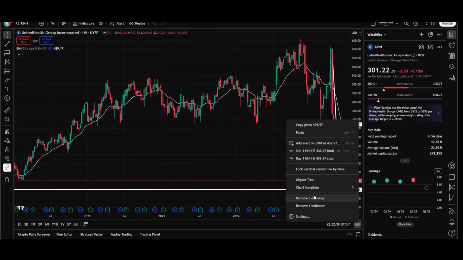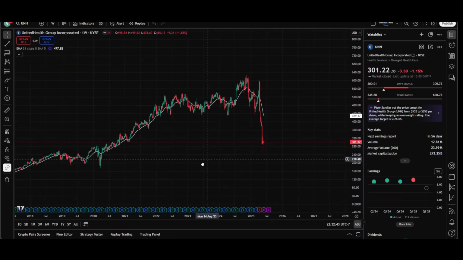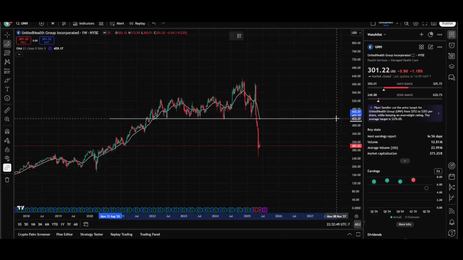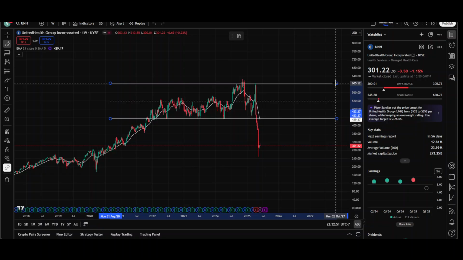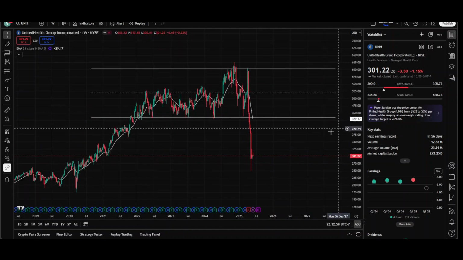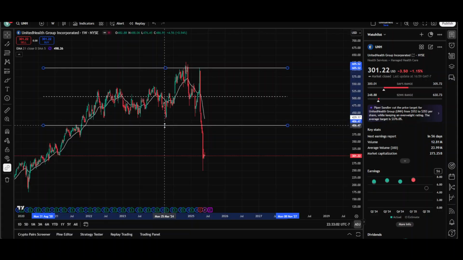Let's remove all the drawings, keep it simple. So here's a look at the weekly chart, and there was this prior consolidation in play. You can see that the range lows were very consistent, right around that 433 level, range highs right around 605. And then once price broke out of the range, we basically doubled the original size of it. So this range, you can drag it down